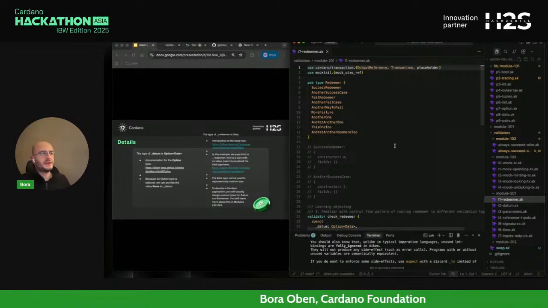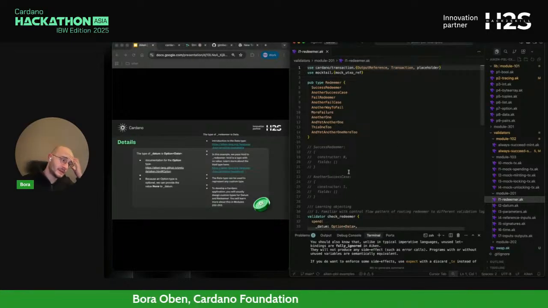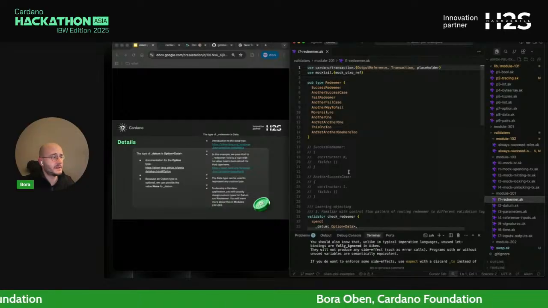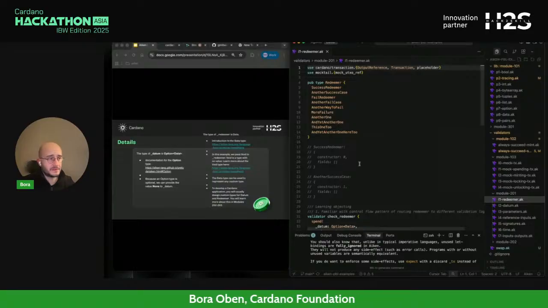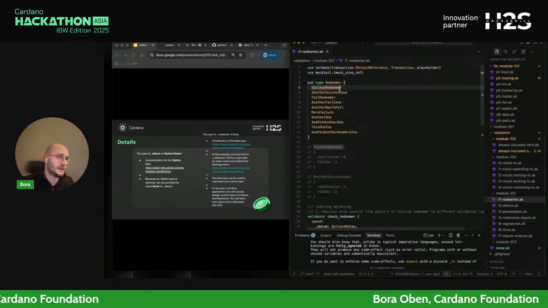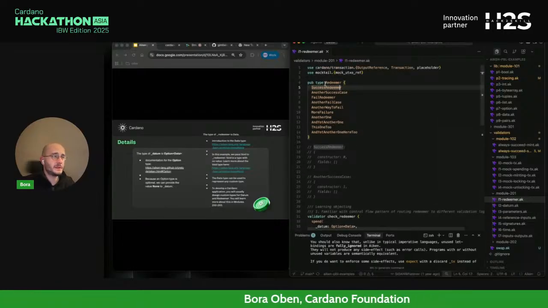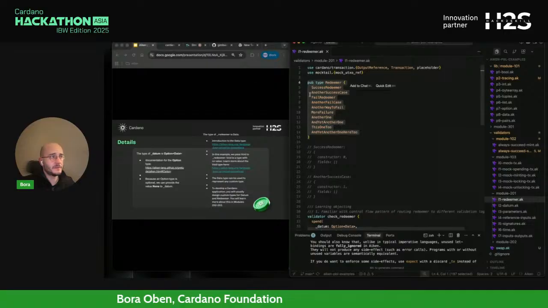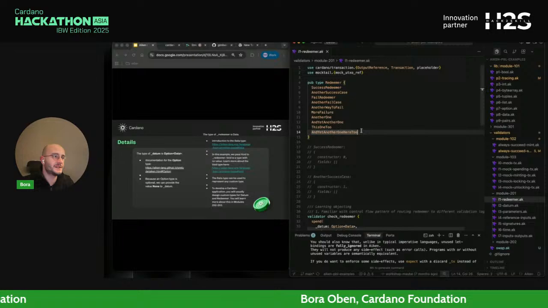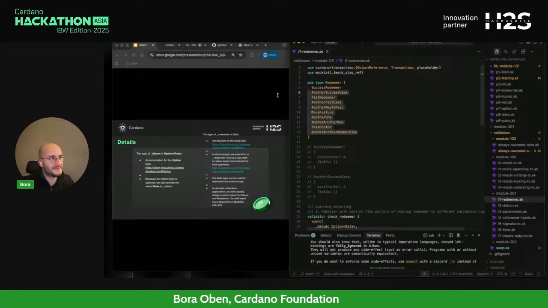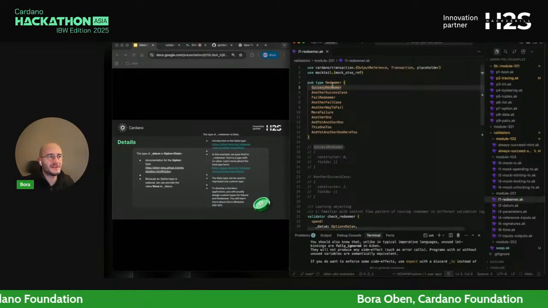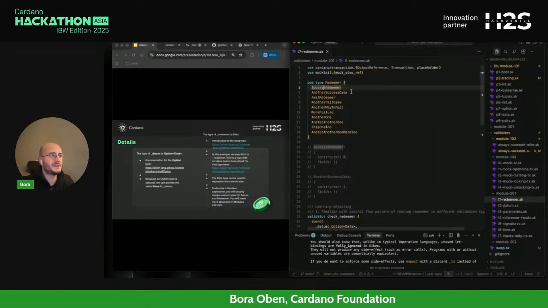So we said redeemers a couple of times, and that they are essentially actions for smart contracts that are provided from the user side, for example, when they're interacting with your smart contract, or the transaction builder, at least. So here we see the data type of redeemer. How does a redeemer look? This is quite extensive, of course. Usually redeemers don't look like this, but it can have various different actions, as you can see here.